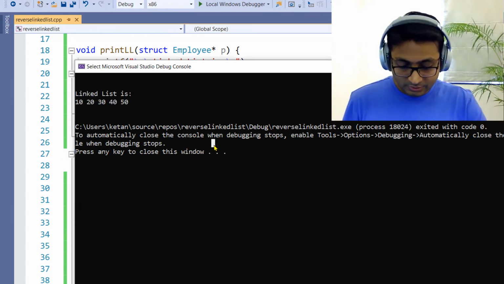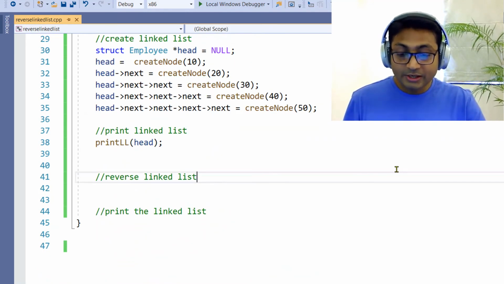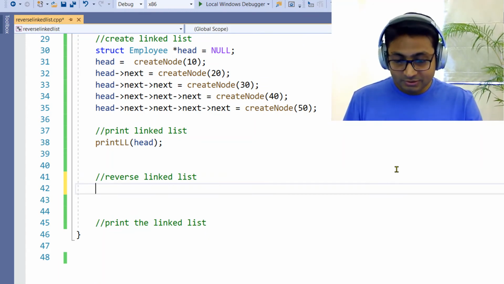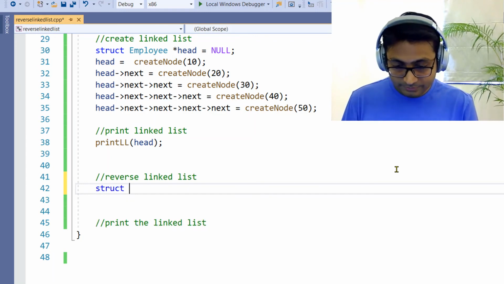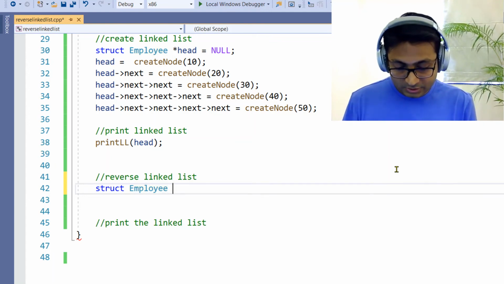All right. Now let us write our logic to reverse the linked list. So I'm going to take 3 pointers. As I said, struct employee, star p, star q and star r.